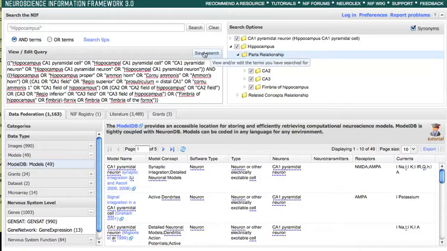This is a text box, as I indicated, so you can go in here and edit it if you wish. You can also save the search so that you can use it for a future time. NIF does provide a login option so that you can save these searches under your name. If you log in, then these will be saved indefinitely. If you just hit Save Search,